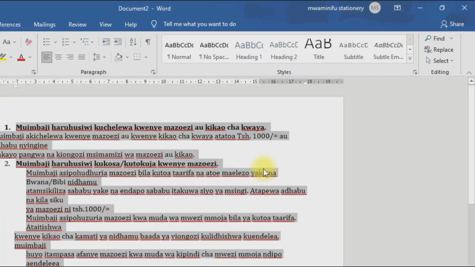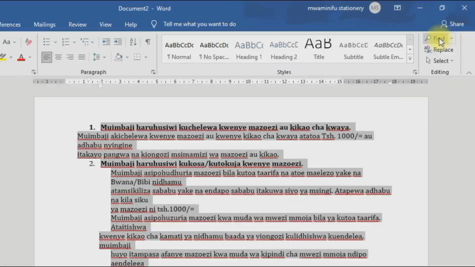Instead of scrolling for a long time, you can find the words in a simple way by clicking in this place, Find. After clicking, you can find the words you need. Maybe I want to find the word mwimbaji. I can write mwimbaji,